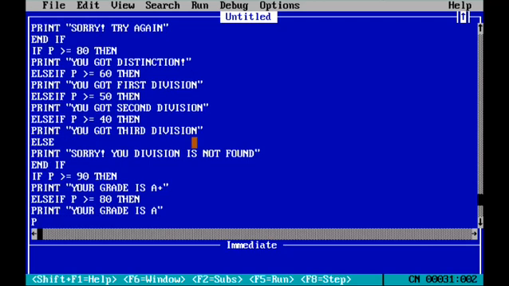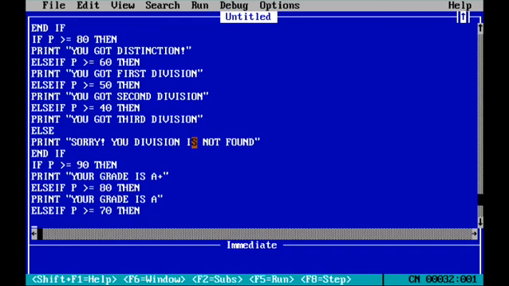You have to understand about this. Again I want to write else if P greater than equal to 70, because there are 9 grades in any examination. So I have to write here print again, your grade is B plus.